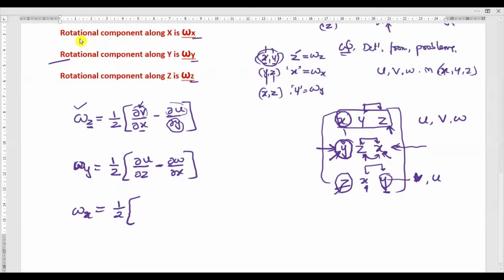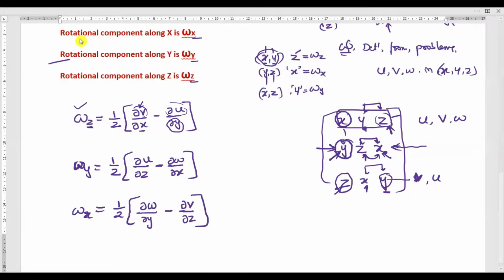Now you consider the last term of the shuffle order. What is the last term? Z. The velocity component in Z axis is W. So the partial derivative of W. What plane is left here? It is Y, so write directly Y. Numerator, it is the velocity component. Denominator, axis. Okay, so minus. Take the second term, that is the middle term. The velocity component in Y axis is V. That is the partial derivative of V with respect to, we need to consider the denominator, that is the axis. So which axis is left now? Z axis is left, so partial derivative with respect to Z axis.